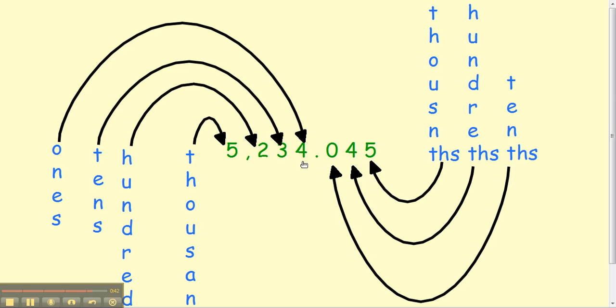You're going to work your way inside to out. Notice right next to the decimal, this is your ones place value. The next one coming out is your tens, then your hundreds and your thousands. You're probably pretty good at this. And if this is the ones again, then these are the tenths. This is the hundredths, and these are the thousandths. So when they ask you to round,